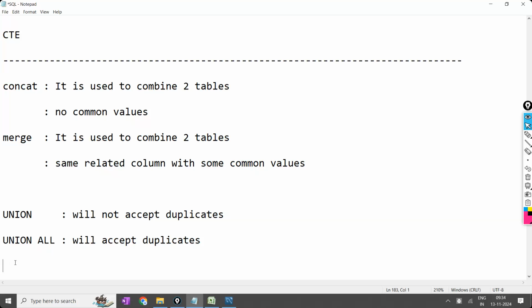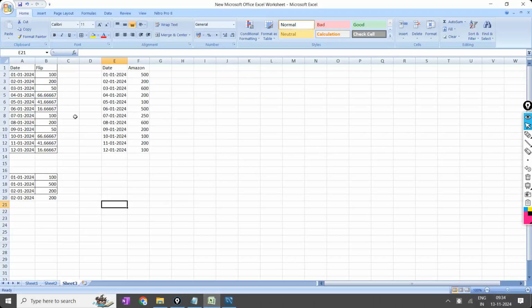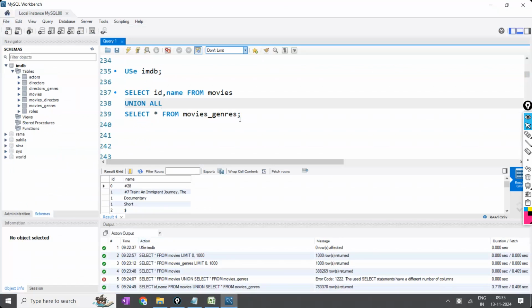Related to union and union all. Clear now? I'm showing you here with an example in the Excel sheet. If you want me to insert the data, the same data I can insert and combine. Then you can also see the same output, in the same order. Right? Now, coming to the next point,